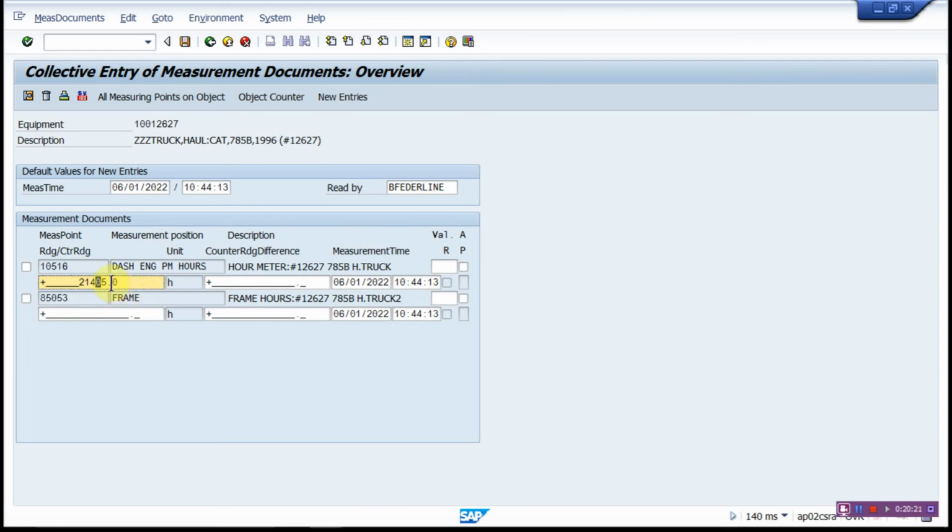So now it says 405, so it should give us like 305 hours or 300 hours. So there you go. So 300 hours is going to be added to it, and 300 hours is also going to be transferred to the other equipment. So if we save it,